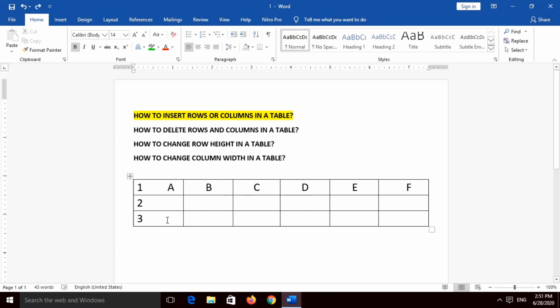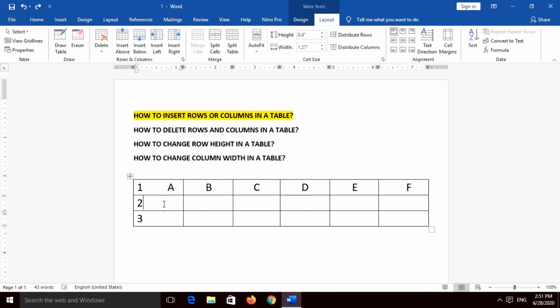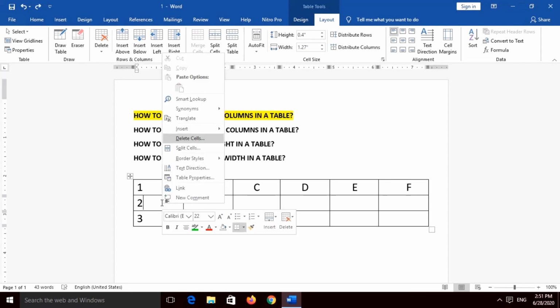What you need to do, let us say I want to delete row number 2. So what I have to do is put the cursor on row number 2, just right click there, and there will be an option called delete cells.